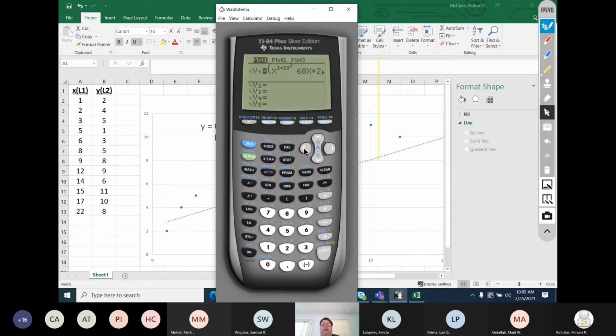I hate these calculators. Hold on. X cubed plus 2x squared plus 3x